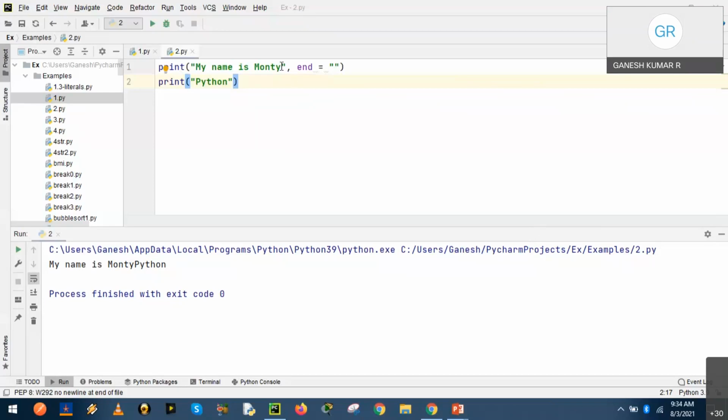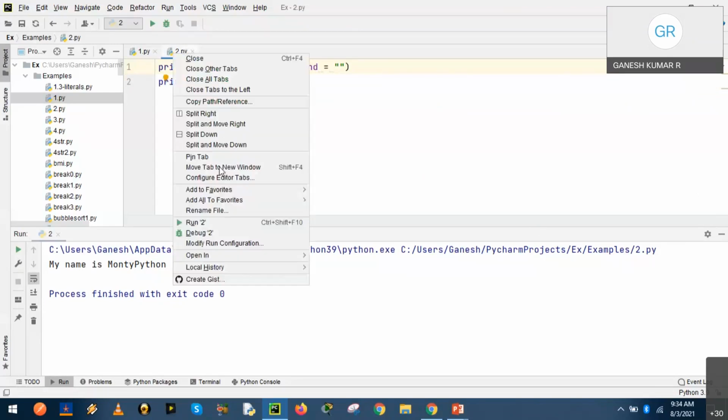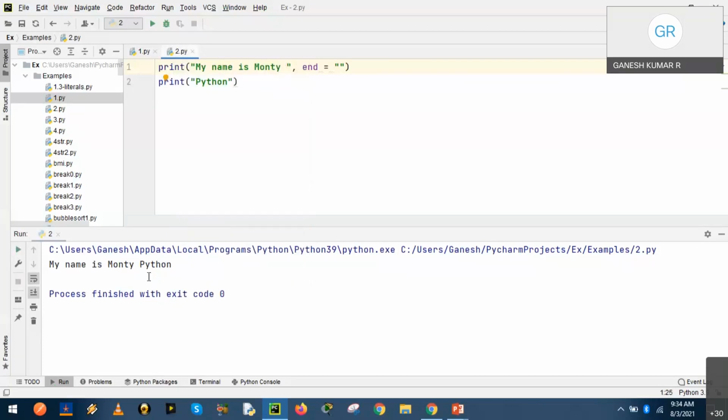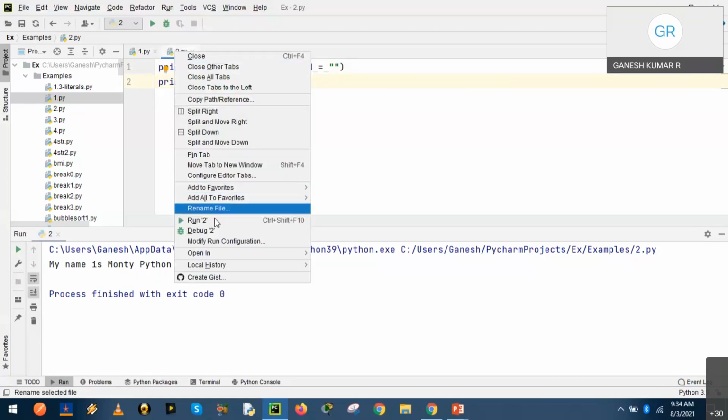So, an easy method, as Mehul suggested again, leave a space after the string Monty. Leaving a space will achieve the purpose. That is one method. Similarly, we can leave a space before P. That will also serve the purpose.